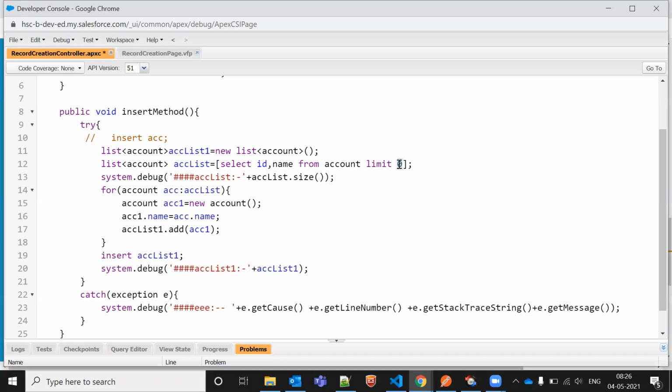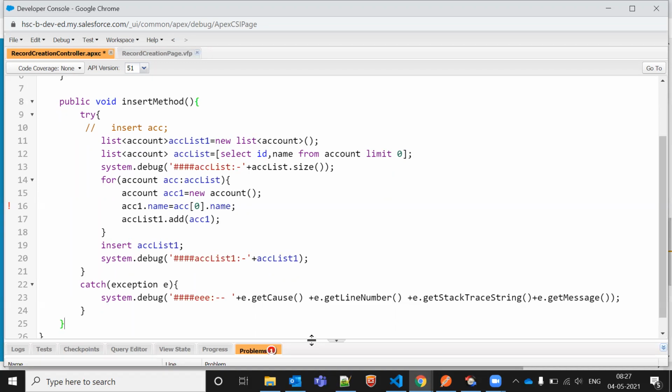Generally it should throw an error message, a null pointer exception, because we are not getting anything inside this. Even if I do the indexing for this, indexing means, let's say, if I'm getting the records from here and trying to insert them, and it is returning 1000 records, and after that I want to insert the first record here. So let me just check.